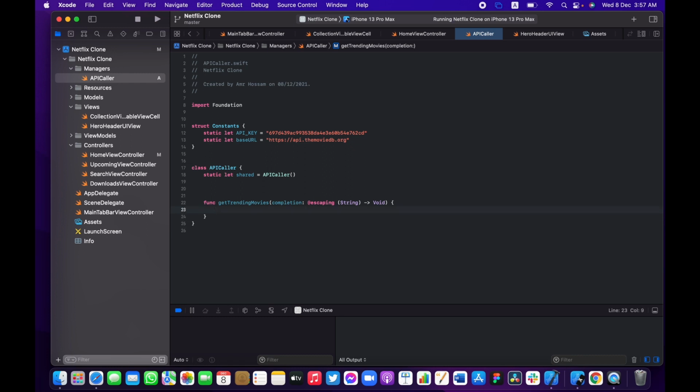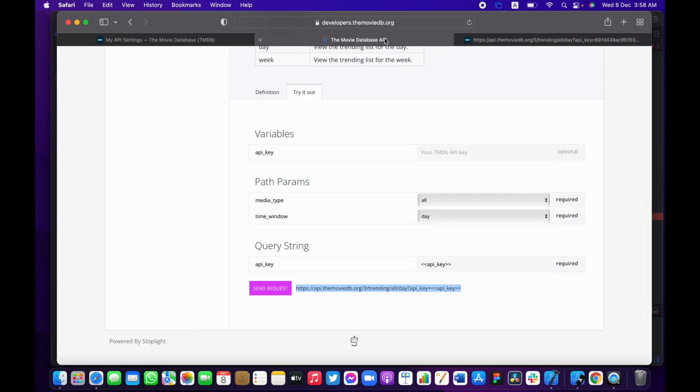First of all, I'm going to create the URL itself. So let's just type guard let url is going to be a URL with a string. The first thing that we need to paste in here is going to be our base URL. Okay, and I believe there's a slash over here. Let's just go back to the